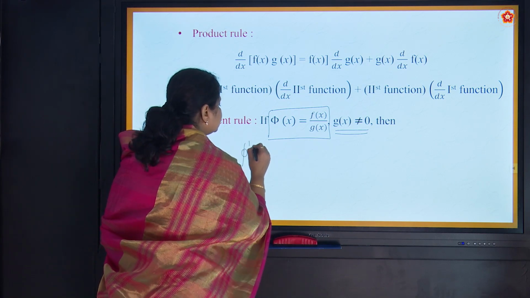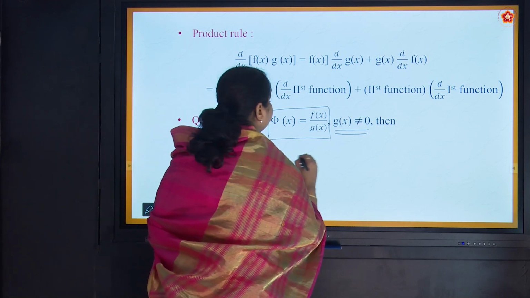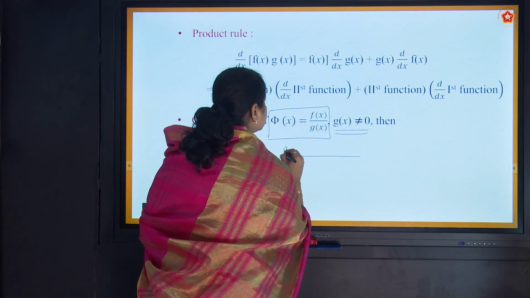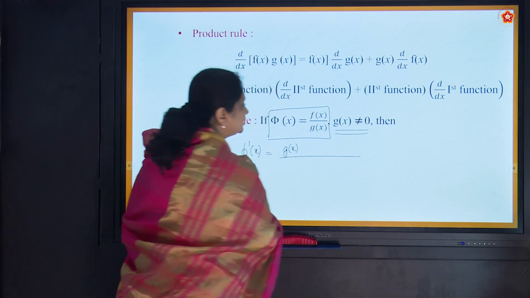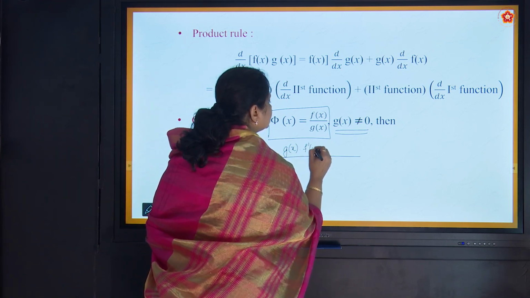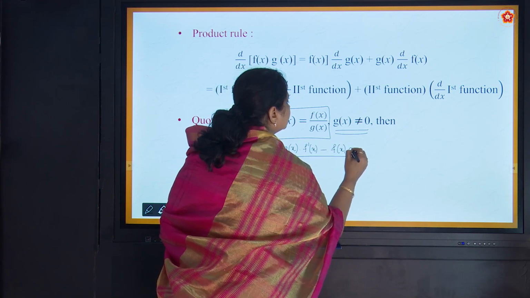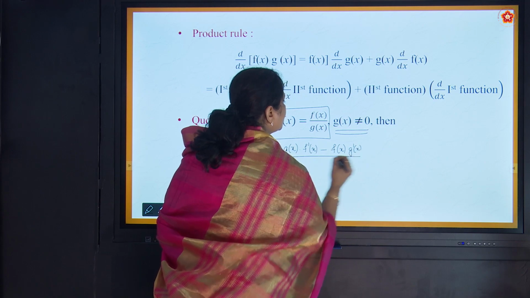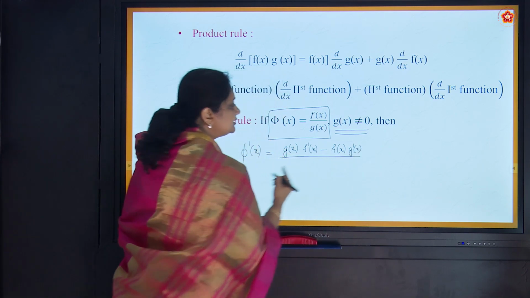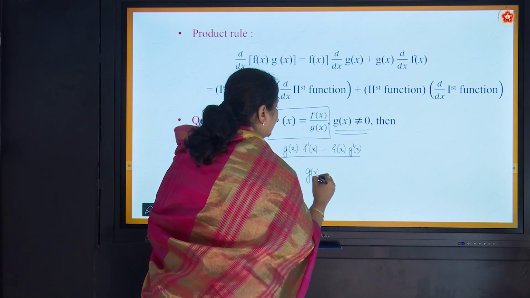When you have to find the derivative of phi of x, you first keep the function in the denominator unaltered, multiply it to the derivative of the numerator, minus keep the numerator unaltered, multiplying it to the derivative of the denominator, and in the denominator of the derivative you have the square of the